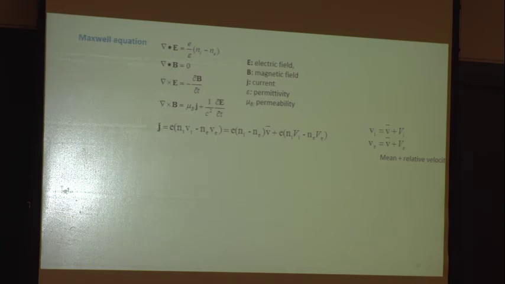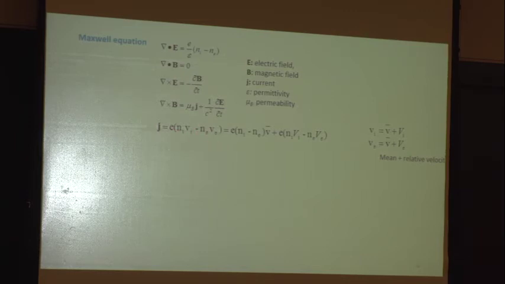So what if you don't have a steady state and you have an unsteady plasma discharge? You have to use the Maxwell equations, and write down the electric field and magnetic field coupling. And here J is the current. The current is formed due to what? Due to the mobility of ions and the mobility of electrons. So you have two components, the motion of ions and the motion of electrons.